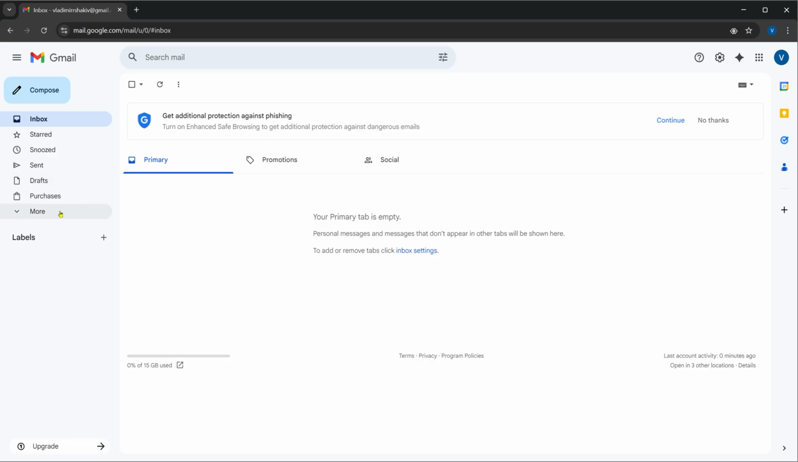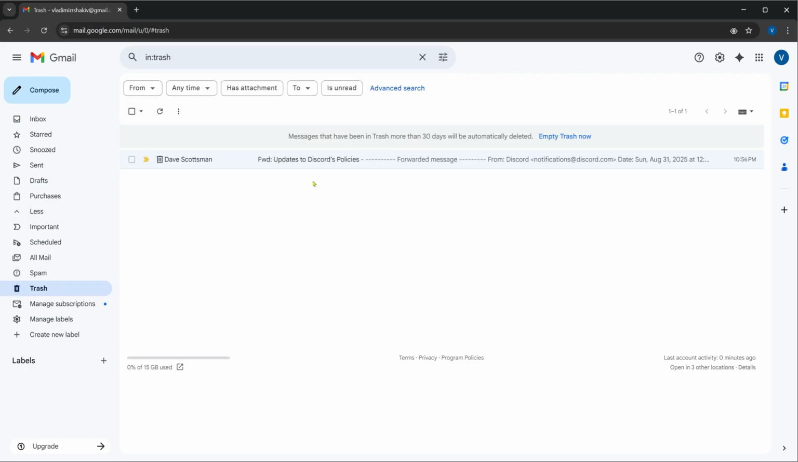So the first thing that we're going to do is head over to More right here, and you have Trash here. So if you have not permanently deleted it, you should be able to see it. If, for example, the message that you have deleted is no longer here, then what you're going to do is